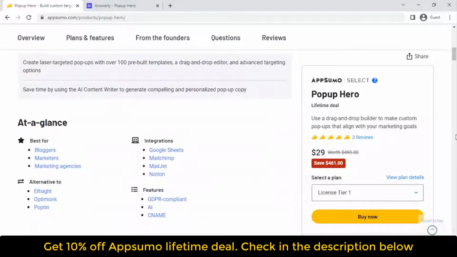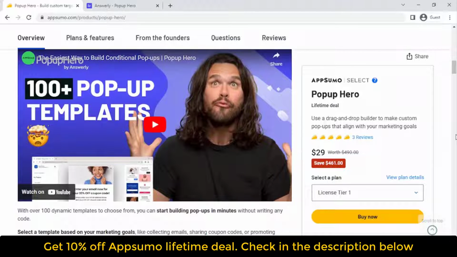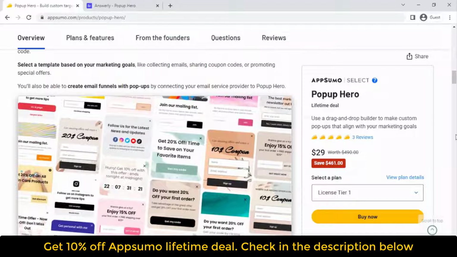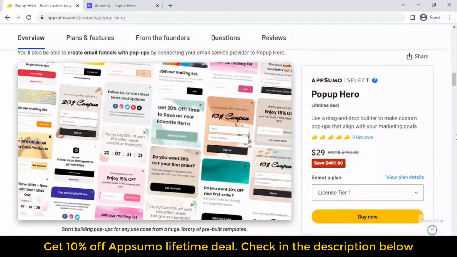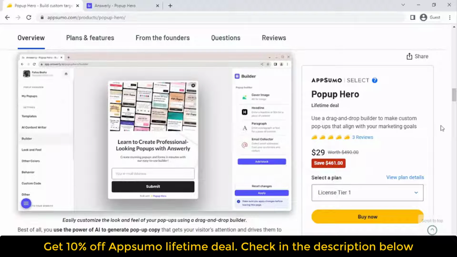Whether you're building pop-ups from scratch or using a template, you can easily drag and drop to arrange pop-up elements. You can choose from over 20 content blocks to enhance your pop-ups with elements like headlines, buttons, videos, and maps. You'll be able to customize colors, images, and copy to align with your brand and make changes as needed with real-time previews. Popup Hero also lets you integrate with tools like Google Sheets, MailChimp, and Notion to make data collection